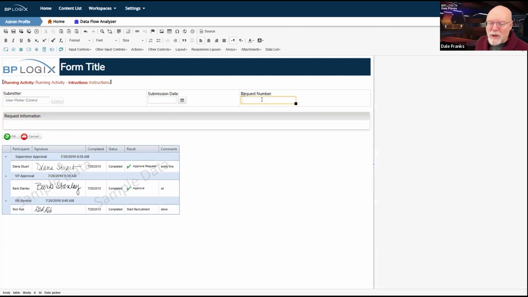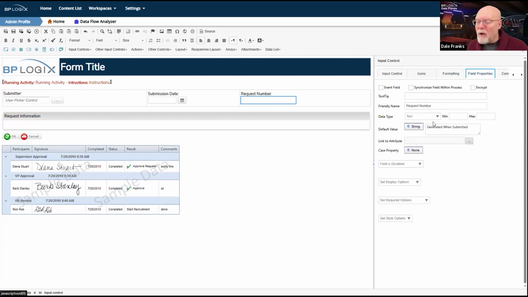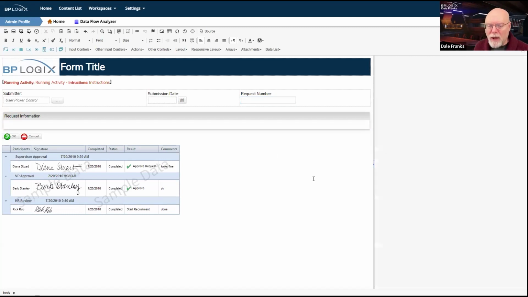I have a request number, as we've talked about a lot, where I just want to generate a unique number for each request. We'll have to make this happen in our process timeline, but for the time being, my default value for this is just generated when submitted. So once I submit the form, it will give me a request number. We'll talk about that when we cover the process timeline. But I need those three fields, and I need these system variables at the top, and I need the look and feel that I want for the form.